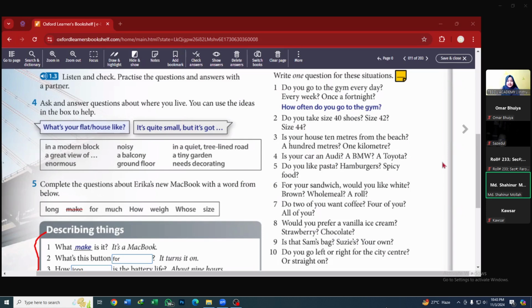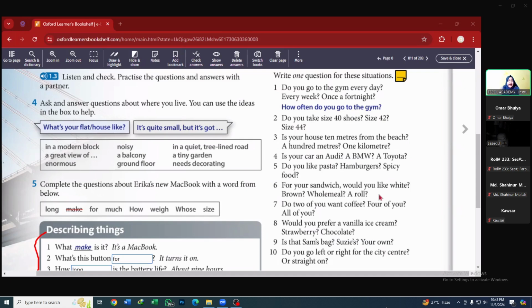How long far your house? How long far? Okay, well tried, well tried. You were quite there, but your formation is a bit incorrect. So the correct one will be, how far is your house from the beach? Well tried, Mr. Shahinur. So the correct question is, how far is your house from the beach? Good. Number 4, Mr. Sajidul.